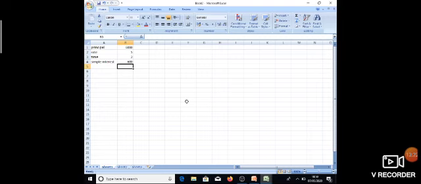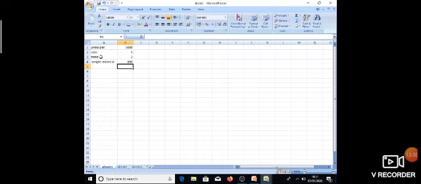Other operators like subtraction, multiplication, division are not allowed. So before using it, I want to tell you two important things. The ampersand sign is used to perform addition. Okay. And the addition of two or more text values is called concatenation.